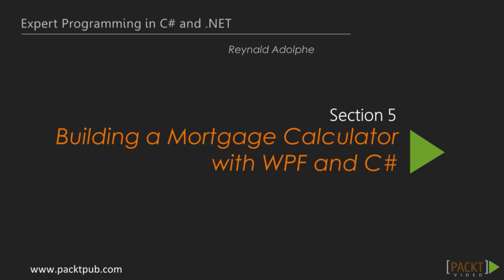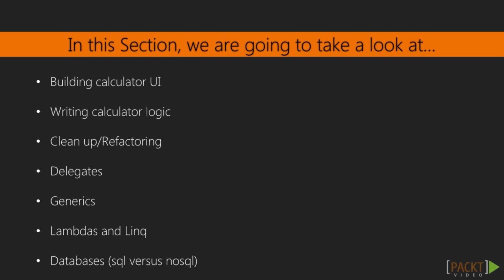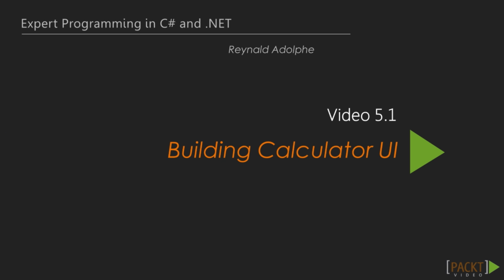In the last section, we took a look at some of the new features in C# 6. In this section, we will be building a mortgage calculator in WPF. But in addition, we'll be covering some other topics. So the section itself will break down such as building the calculator UI, then writing the calculator logic, then doing some refactoring, and then hitting some topics such as delegates, generics, lambdas and LINQ, and database types such as SQL versus non-SQL databases. So let's go ahead and get started with building the calculator UI,